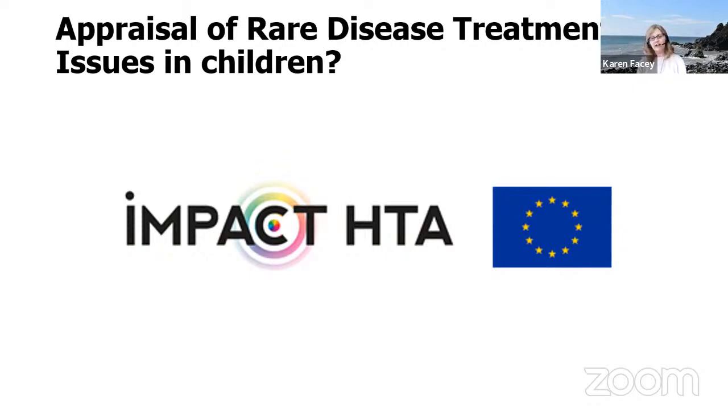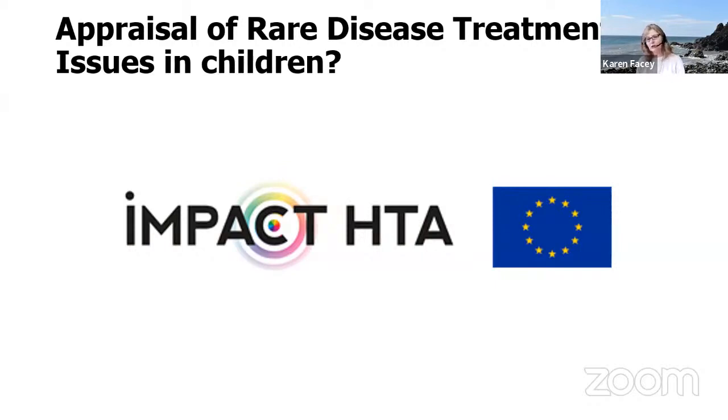Within this, I identified that there were many issues related to childhood diseases, because we know that according to the European definition, there are over 6,000 rare diseases, and about 70% of them have an onset purely in children. So there are many childhood onset rare diseases. But what I found looking at what agencies do in relation to rare diseases, none of them mention explicitly issues